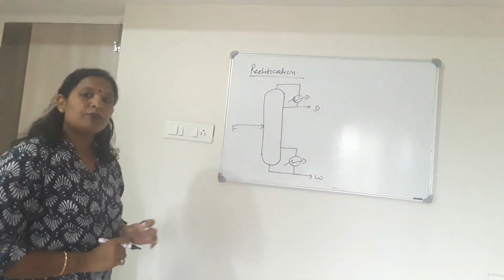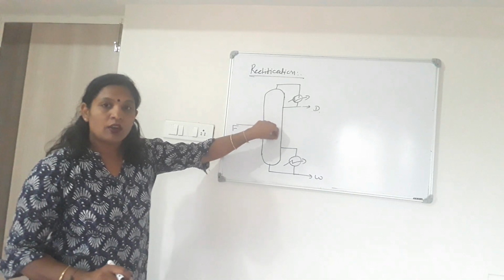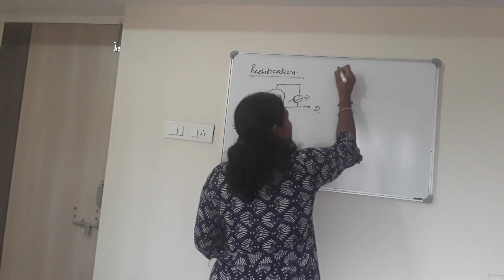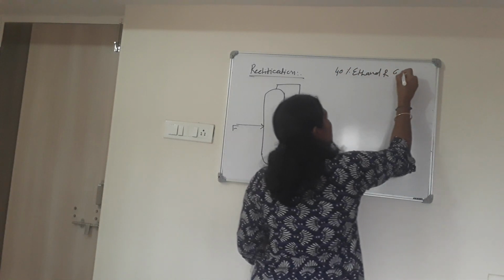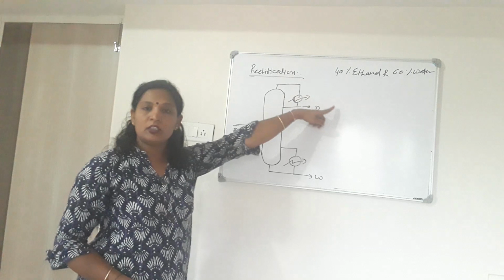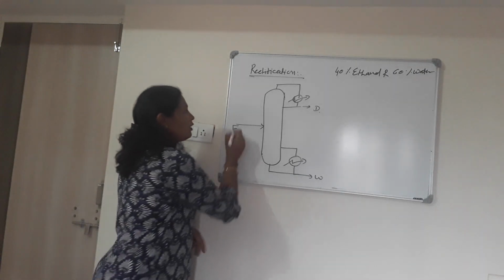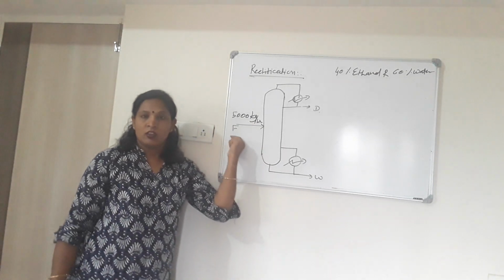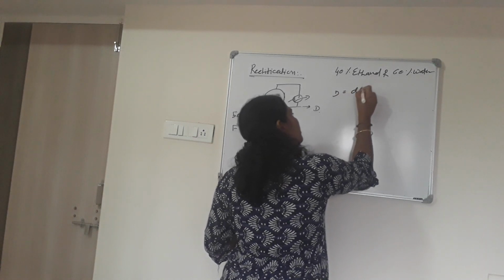See, this is the simple diagram which explains distillation. Feed is what we are entering in the distillation column. Suppose we are adding a mixture of 40% ethanol and 60% water. To get pure ethanol, we have to use this type of distillation column. We are charging the mixture. Suppose we are charging 5000 kg of mixture per hour. The top product is known as distillate. Here D is for distillate.